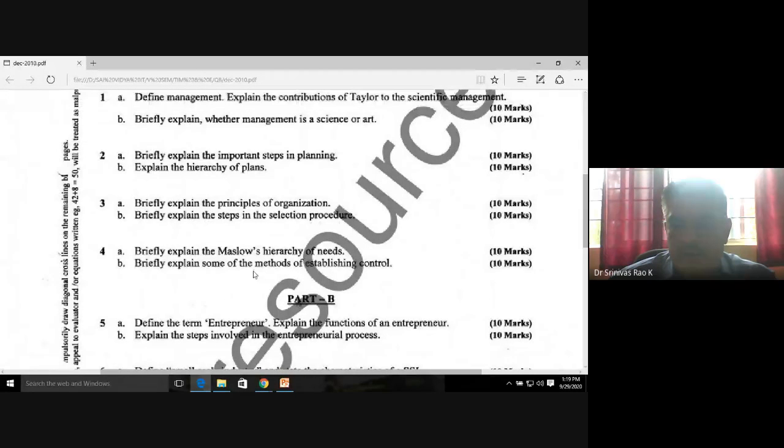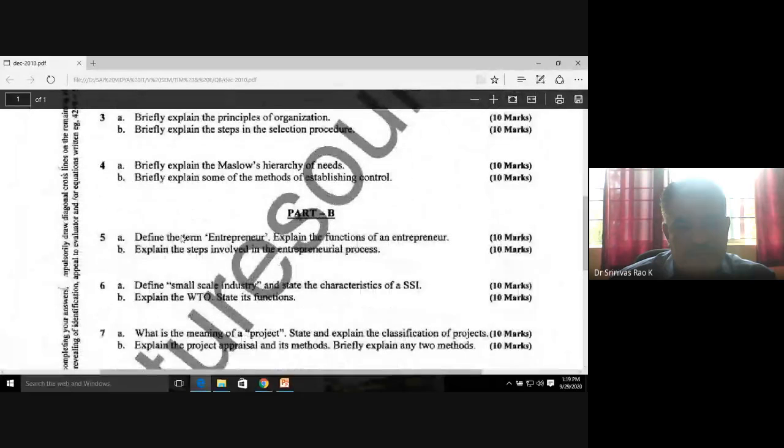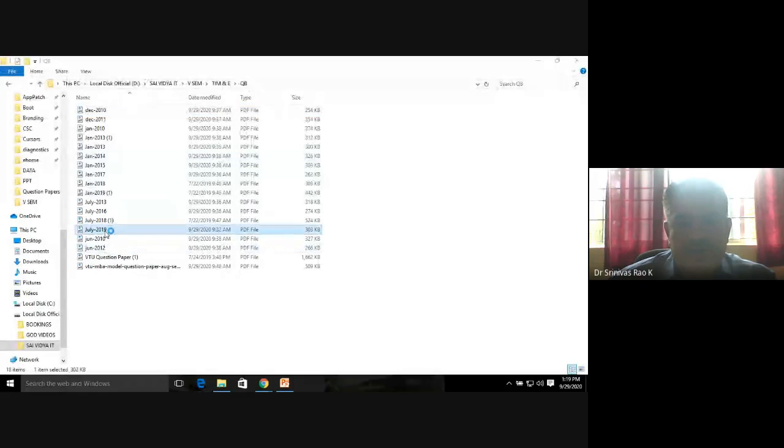So coming to our part, earlier this question paper used to start from entrepreneur and all. So no questions used to come from this corporate social responsibility. This has been recently added, I believe. So we'll go to the recent question papers, July 19. If you go to the July 19 question paper,